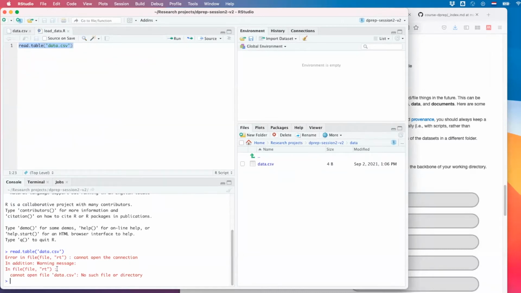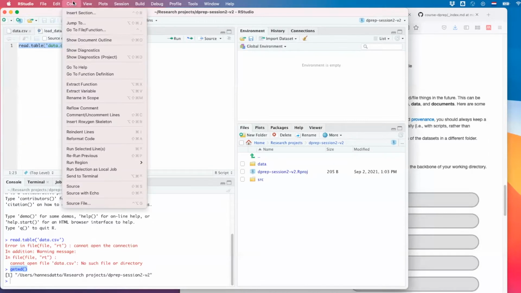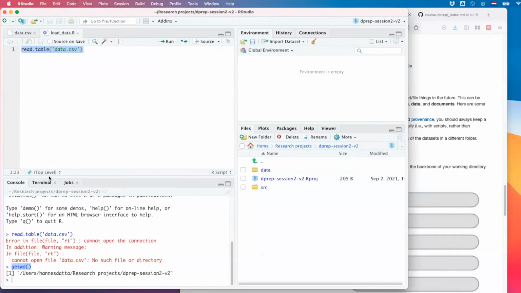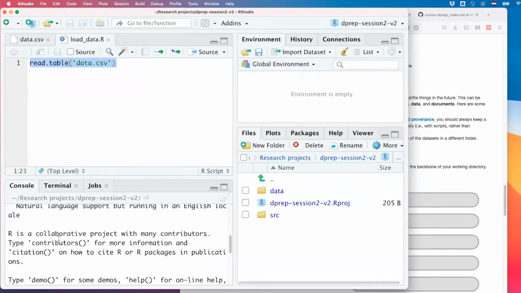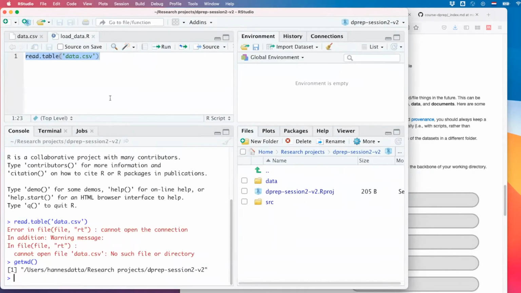This is because we're working in a folder, and R right now may be thinking it is currently in a different folder. So when you do this command, getwd, get working directory, and I'm zooming in as we speak so you can see what I'm doing. Well, that is definitely too much.